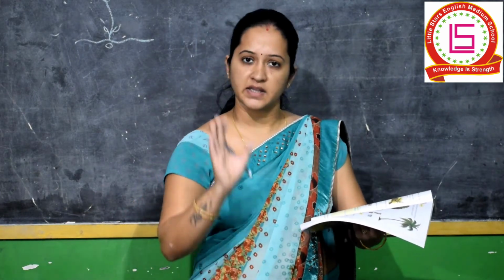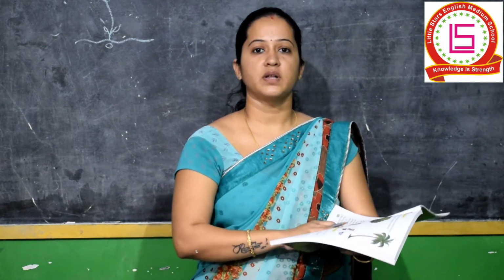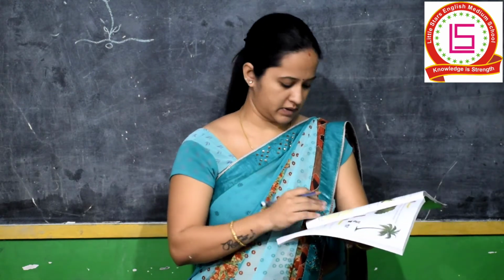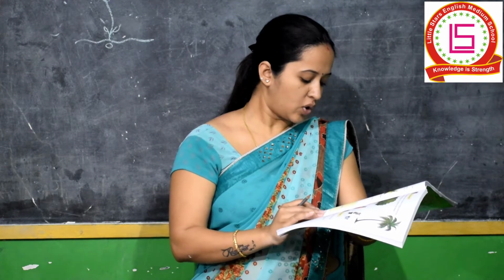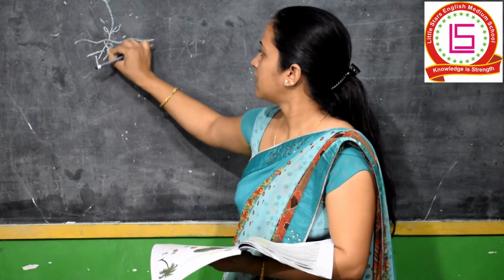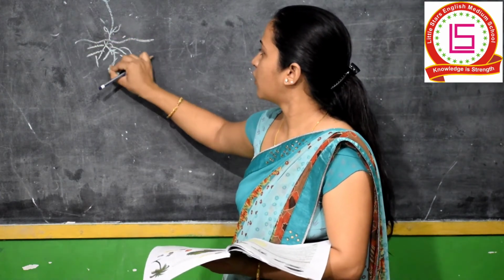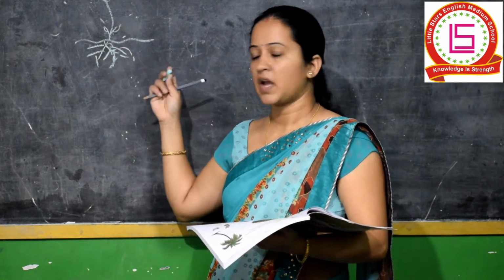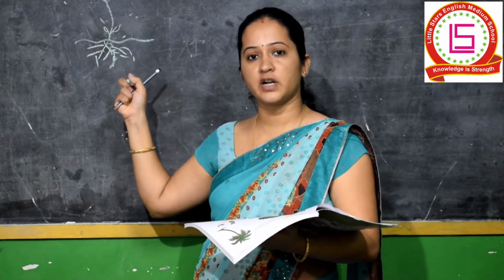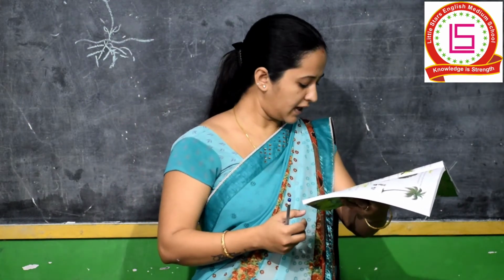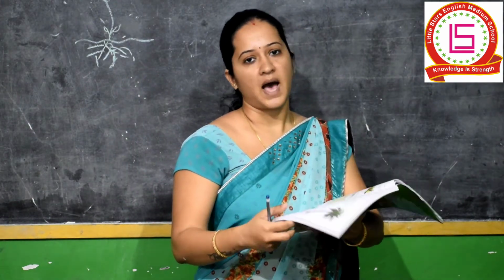You will see it in the same place. That is why plants do not move from place to place like animals. Their roots hold them down in one place. The roots that are present under the soil, what do they do? They don't let it move here and there, and they give strong support for it to stand in one place. There is a big difference between plants and animals.